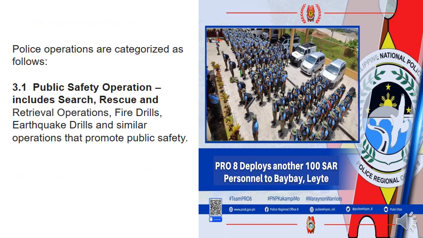Police operations are categorized as follows: public safety operations, which includes search, rescue, and retrieval operations, fire drills, earthquake drills, and similar operations that promote public safety. Okay, so take note of the word that promote public safety. And then how would we define public safety? As long as the people are safe and no injury would happen or might happen, that would be categorized as